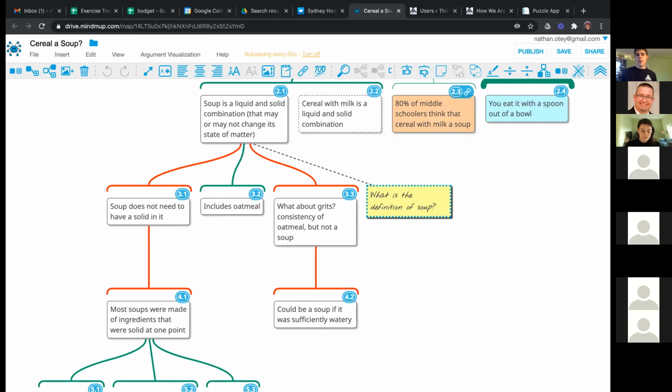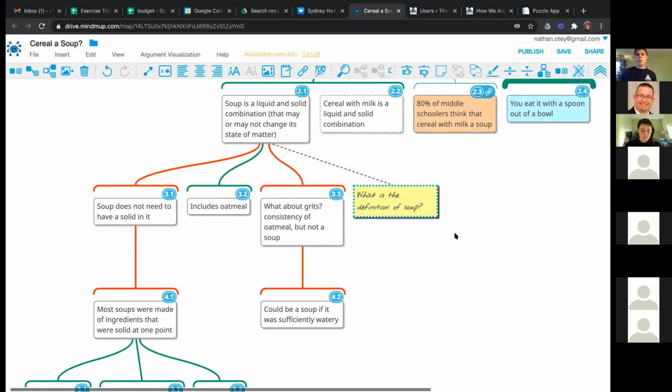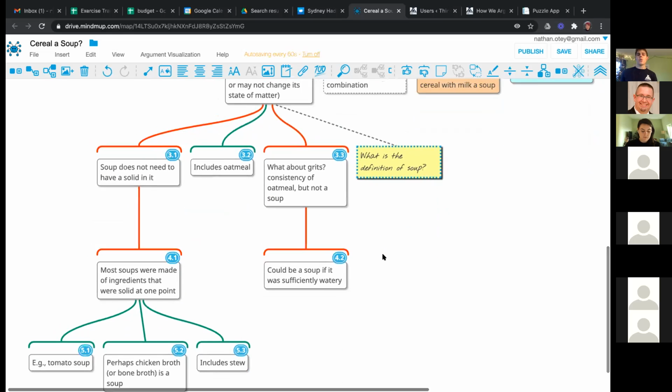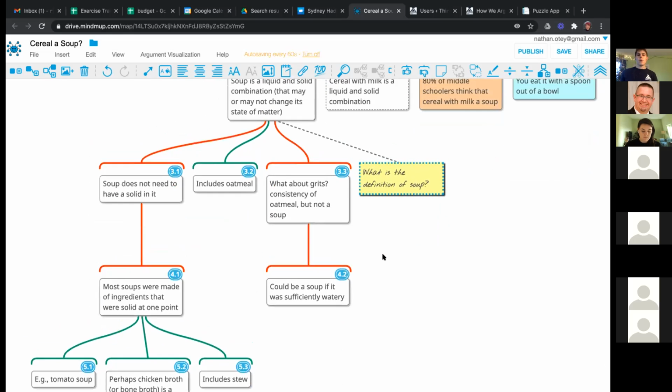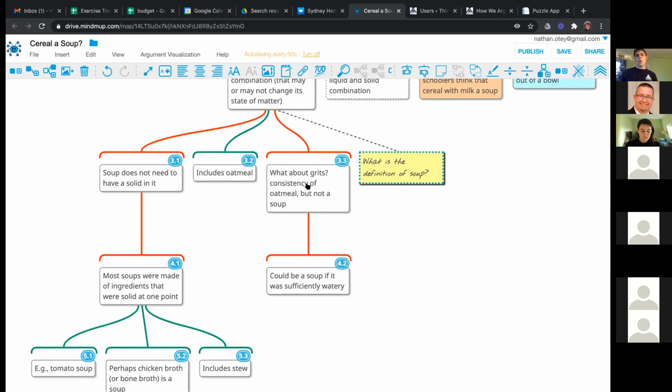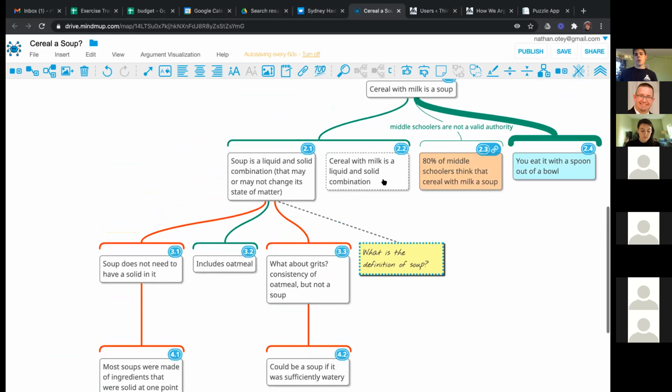And sticky notes are pretty fun. I also use them to put notes on students' maps to indicate where I think they could improve their map. So it's like a comment on a Google Doc or something, right? If I think something doesn't follow the reason rule, or any other rule of argument mapping, I could put comments with this sticky note feature here.